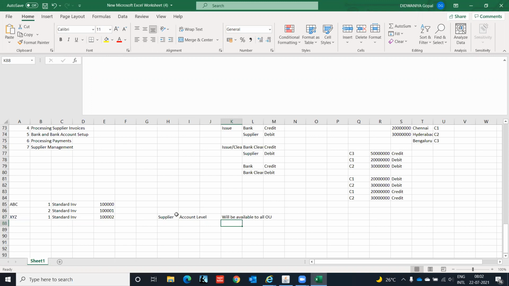Suppose you are doing the practice on the same server, you are creating your own setup. This supplier will be very well available to you. Okay, but at the site level, you will see there is nothing. Account level, site level is respective to, will be attached to a specific OU.